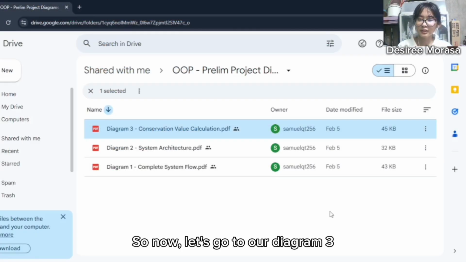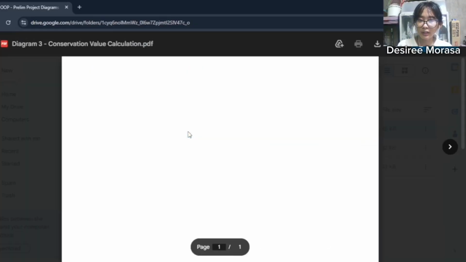So now let's go to our diagram 3, conservation value calculation.